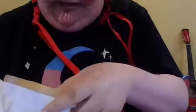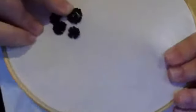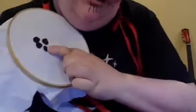And the point of putting it through, so I purposely made a mistake here. You can see on this one, I didn't run it through the beads, so you can see the thread. And so on the others, running it through the beads hides the thread. That's also how you can add it on. So if you decide that this blackberry here is just a little too small,